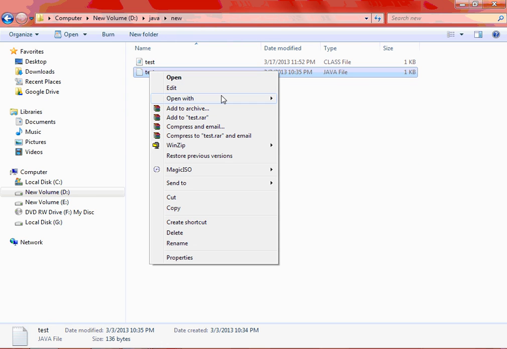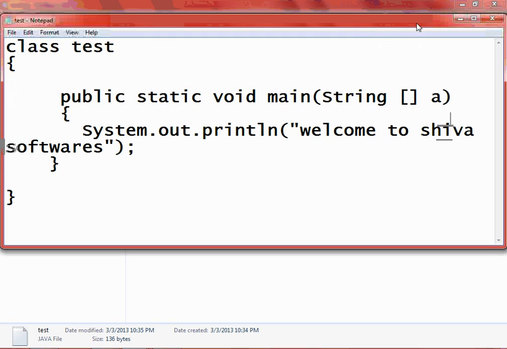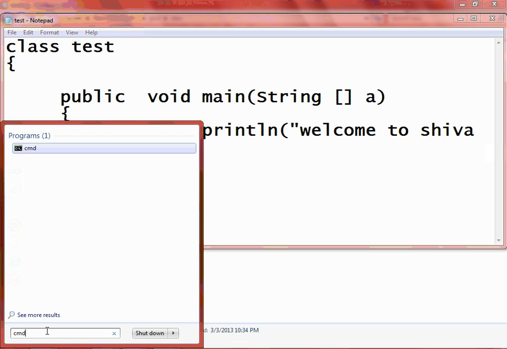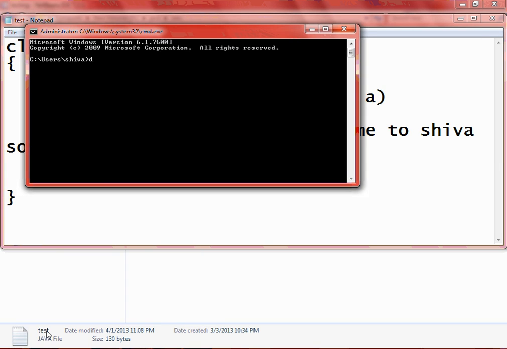I'll go with this test, and I'll open a notepad, and remove this static here. I'll save it. D, cd Java, cd new, and javac test.java, compiling the program first. It will compile fine, no exception, but java test,